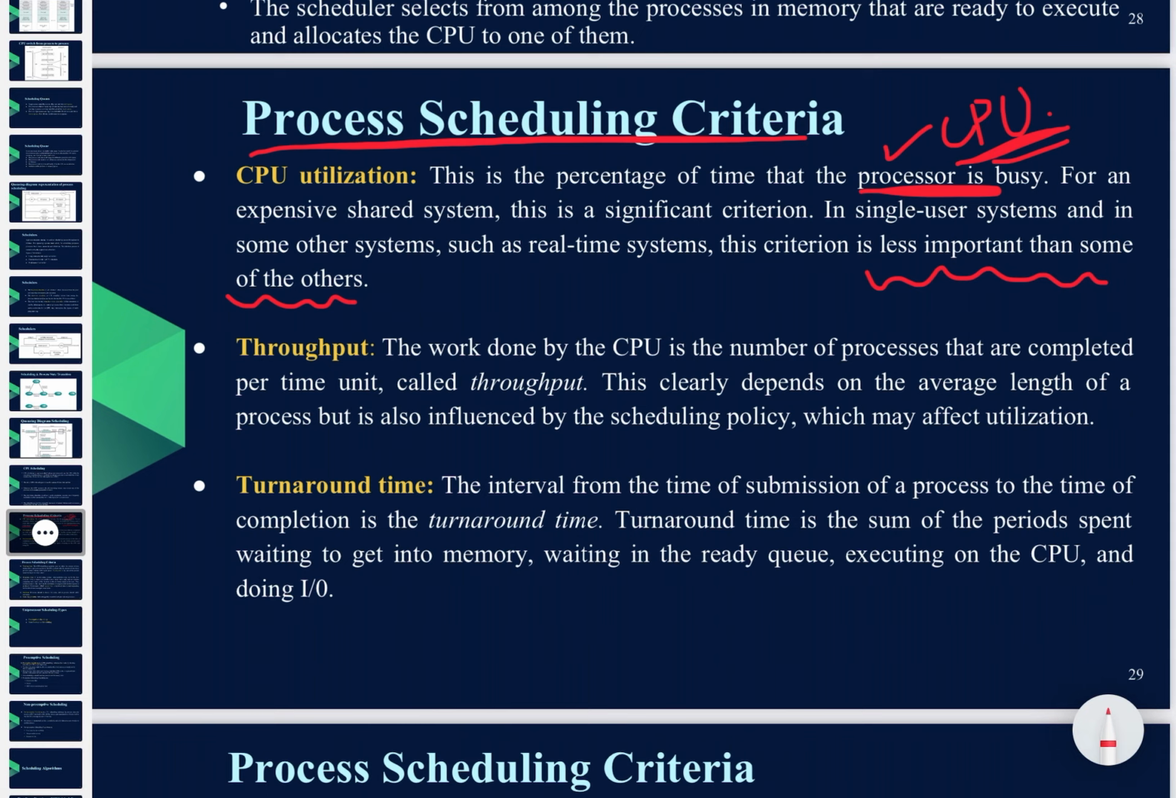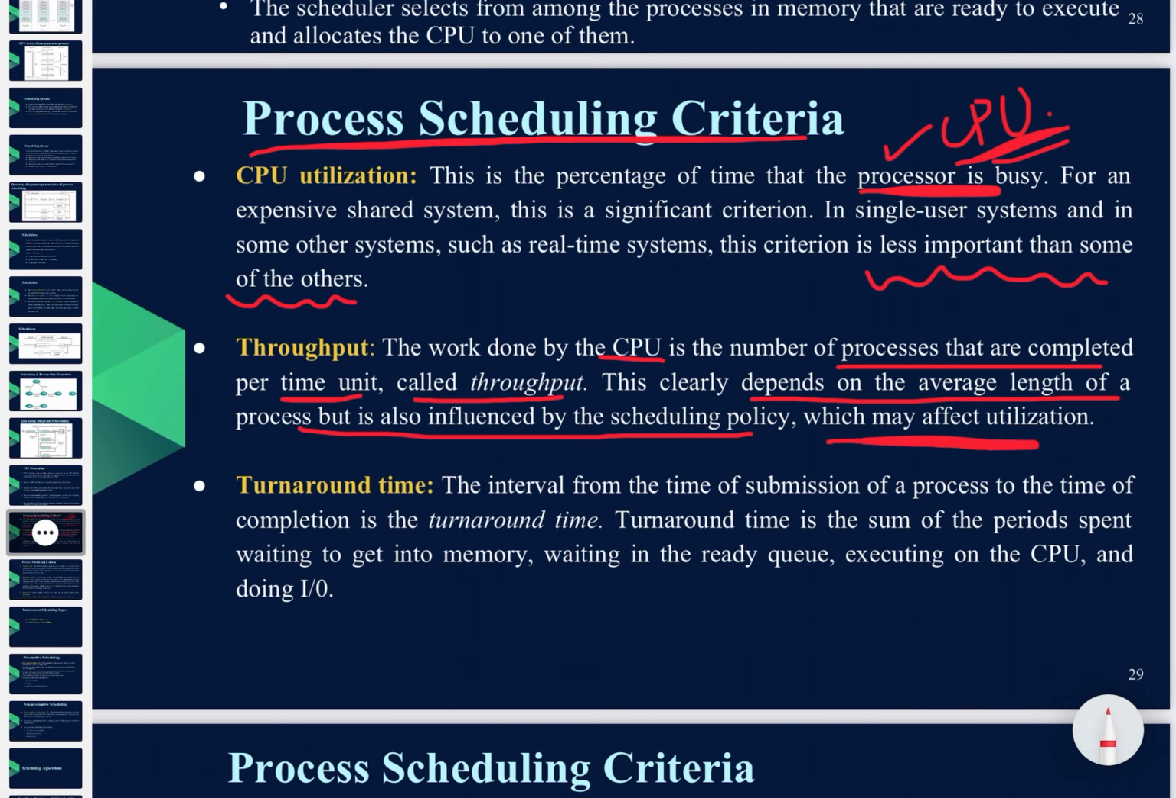Throughput. The work done by the CPU is the number of processes that are completed per time, called the throughput. So the number of processes which the CPU completes per time unit is called the throughput. This clearly depends on the average length of the process but is also influenced by scheduling policies which may affect